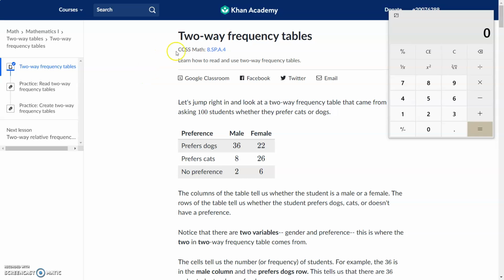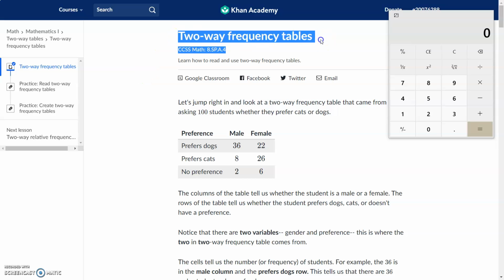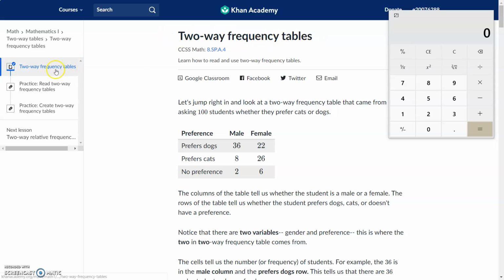This week we're going to be talking about two-way frequency tables. Today you're going to be working on reading two-way frequency tables, and then tomorrow you can work on creating two-way frequency tables. Just look at these notes here. A two-way frequency table